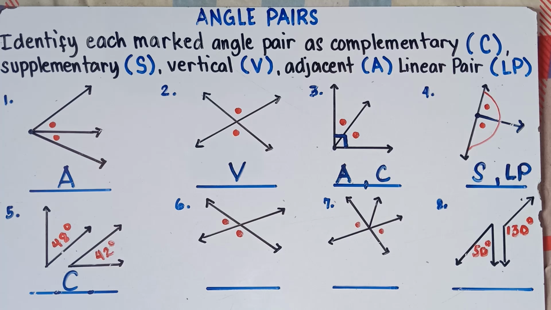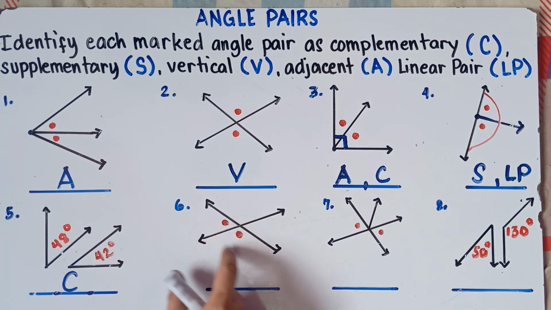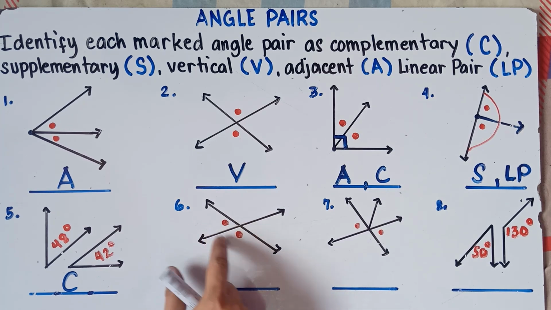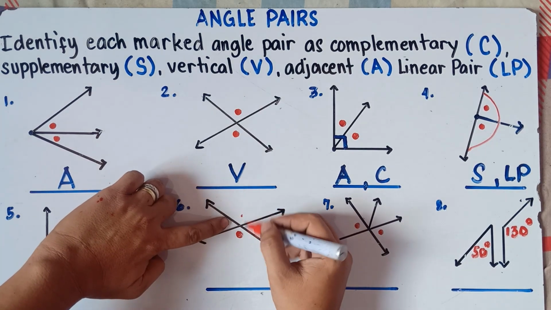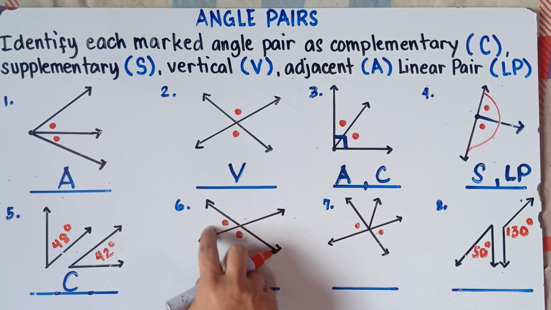Number 6, can we call this one supplementary angles? Now, questions class, number 6. Are these vertical angles? Nope, it's not. Okay, the two angles are not opposite to each other. These are not vertical angles. If the angle marking, class, is this one, of course, this will be vertical angles. But these two angles, class, are not vertical angles.